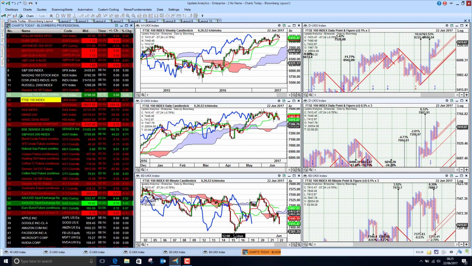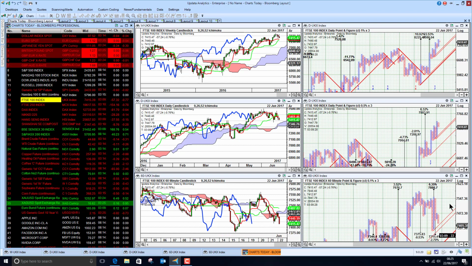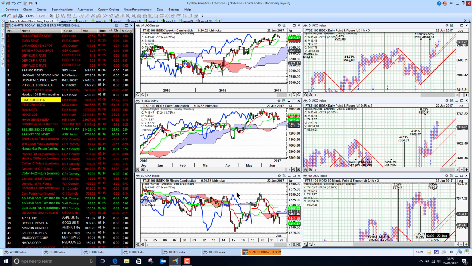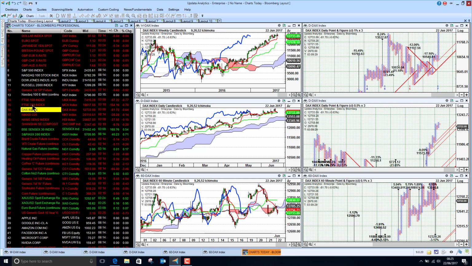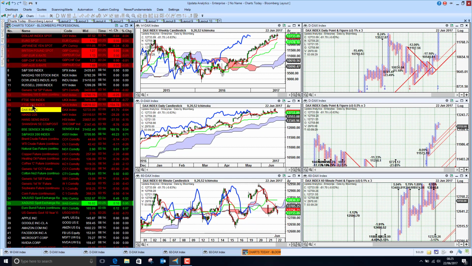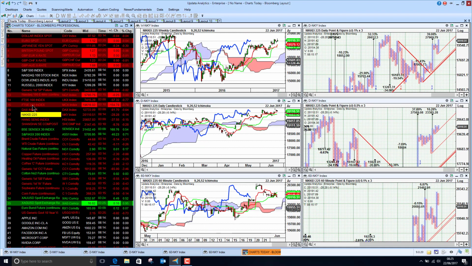away. We need to watch this 7,380 level really. We've got a target here to 7,215, which is about 2.7% down. So just showing some short-term weakness there. And the 250 much the same, having had a very good run this year so far, just showing signs that it's selling off. The DAX is looking a little bit bearish as well, and the Nikkei still bullish above the cloud